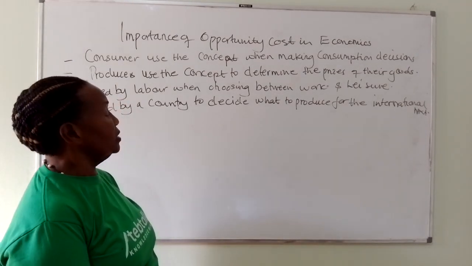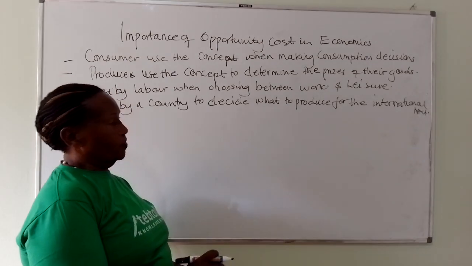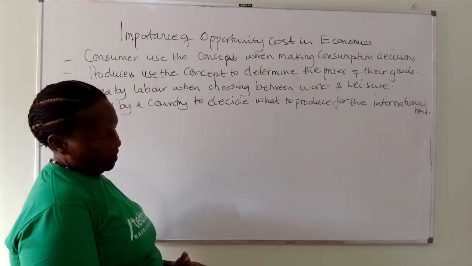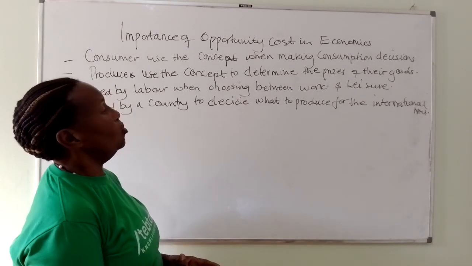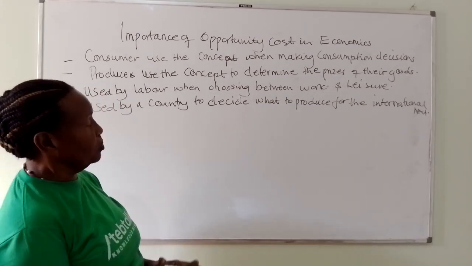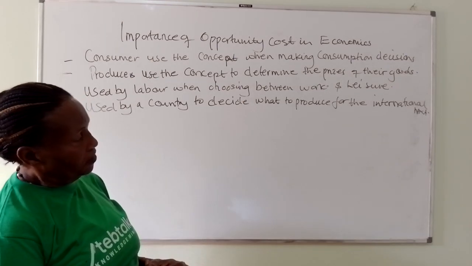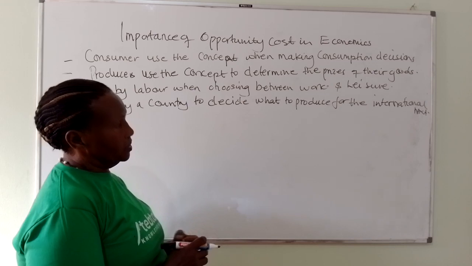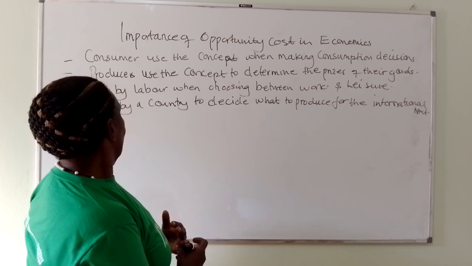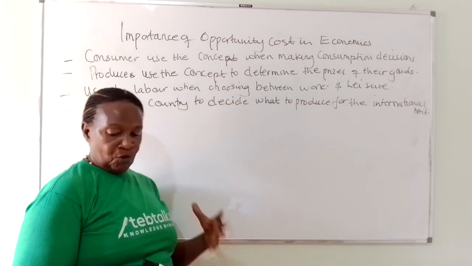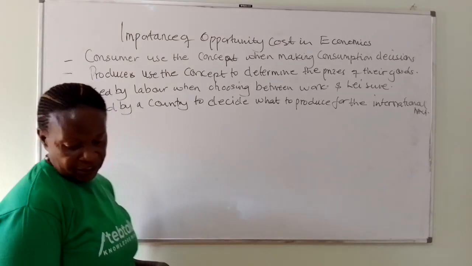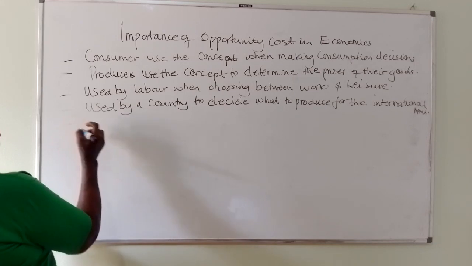You may have so many commodities that you are producing, but not all of them are going to go on the international market. Some are going to be for the domestic market. But for the international market, you have to know that you are not the only supplier. So you have to choose in the best way possible that product according to your comparative advantage that will fetch enough foreign exchange which you can use to pay for your imports. And there an element of opportunity cost is always there, because as you make a choice of one, you leave out the other. Then it helps in making production decisions.